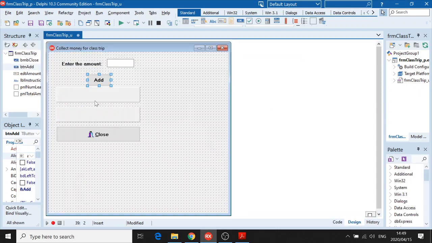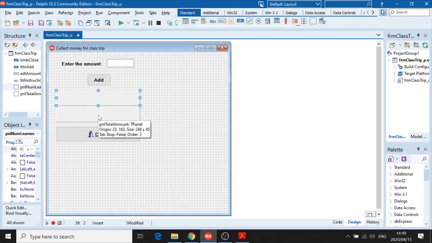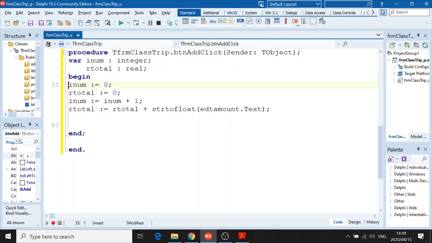We want to go and do our display quickly. We have pnlNumLearners, so output pnlNumLearners, and another one, pnlTotalAmount. So we need to display those two things, our iNum and our rTotal, into those panels. pnlNumLearners.Caption equals, now it's a string on the left, so on the right hand side you've got to take iNum and convert it to a string. IntToStr,